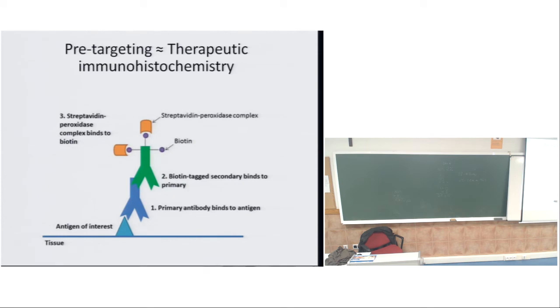The concept is very based on what we have been using for many years to detect proteins in immunoassays. Either ELISA, Western blot, immunofluorescence, immunohistochemistry, they are all based on that concept. There is an antigen we want to test in a sample, and we use a primary antibody targeting this antigen, and then a secondary antibody with an enzyme. We put the substrate, and the enzyme will make the substrate glow, fluoresce, or become visible.